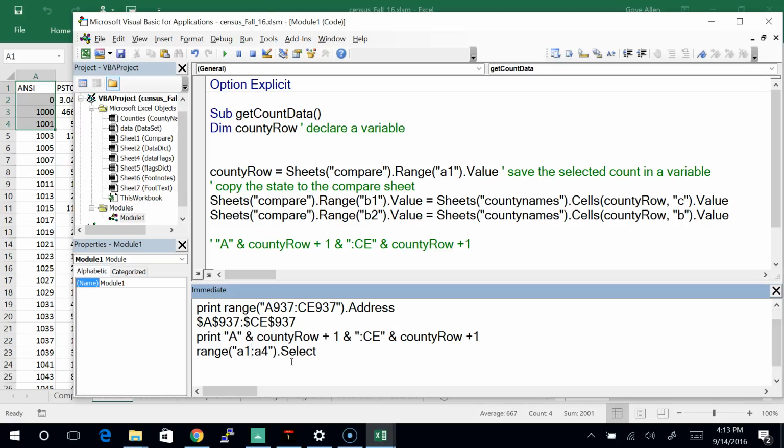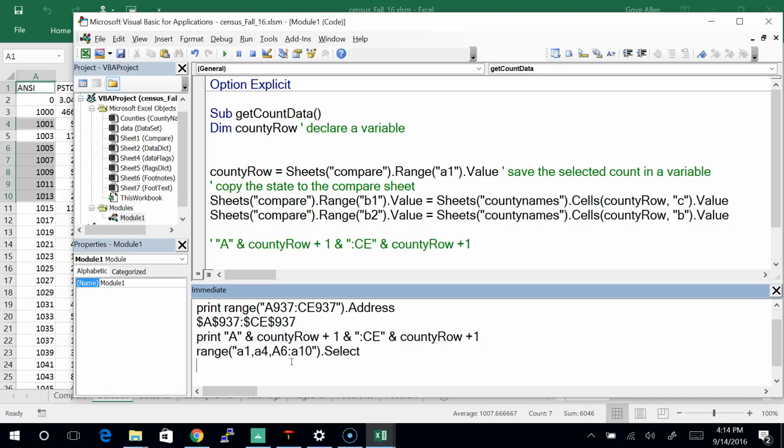I can do A1 and A4, and it selects just those two. Or I can do A1 and A4, comma, and A6 through A10. Is it going to be able to handle that all in one statement? Sure. So I can compose these long strings that identify multi-cell, discontiguous ranges, and say that's the range